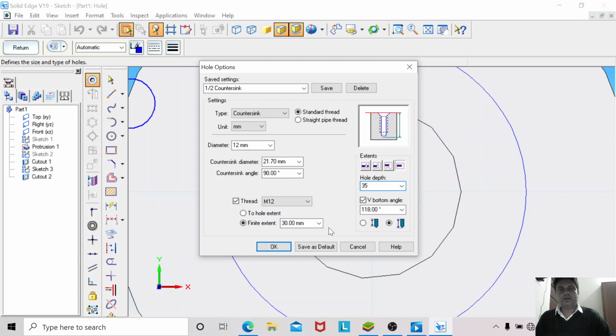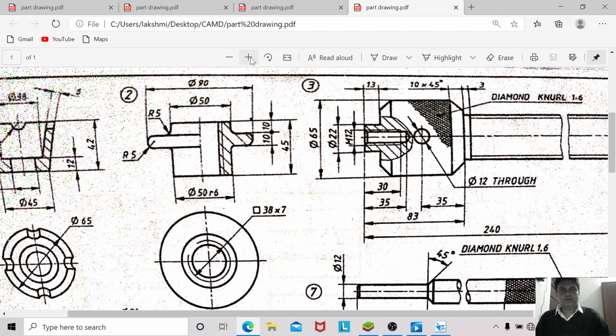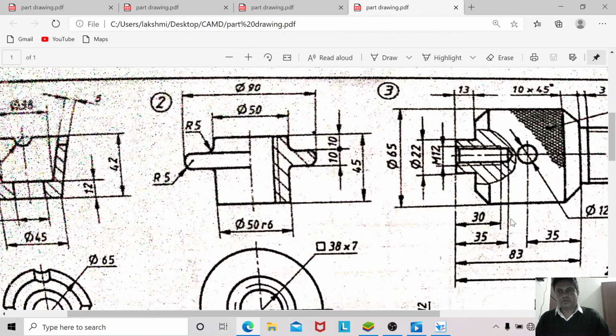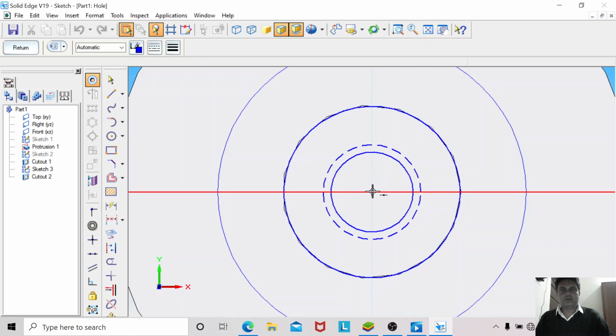Hole depth is 35, and at the last end you can use this option, and the V bottom shape will get 35, as he has mentioned up to this shank dia. The V bottom he has left like that only. If you zoom it, up to this 35 is there. So I will activate this command. Okay, now say OK and place this